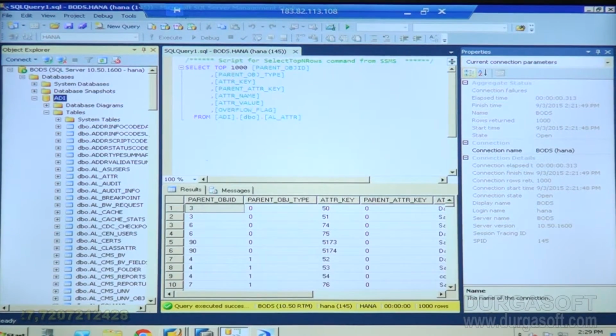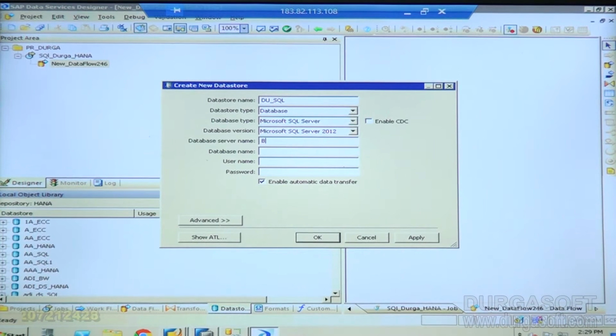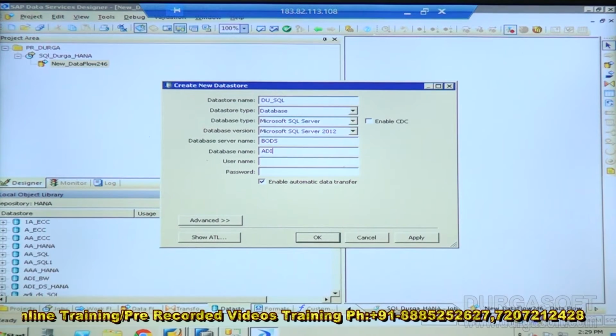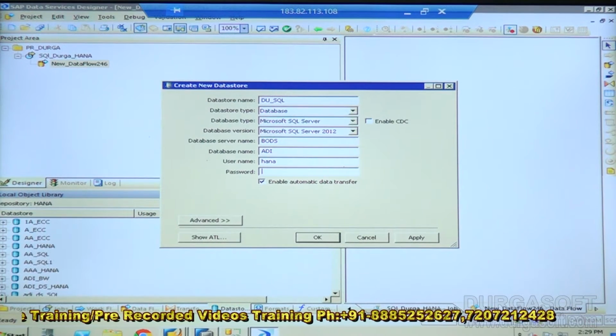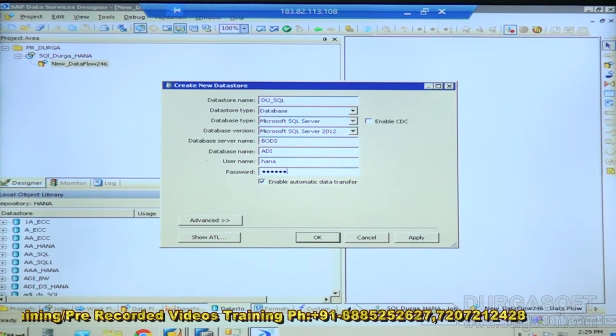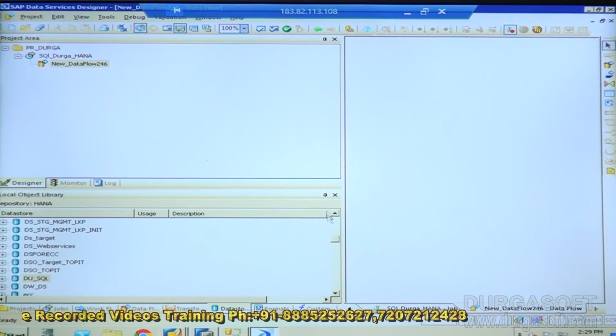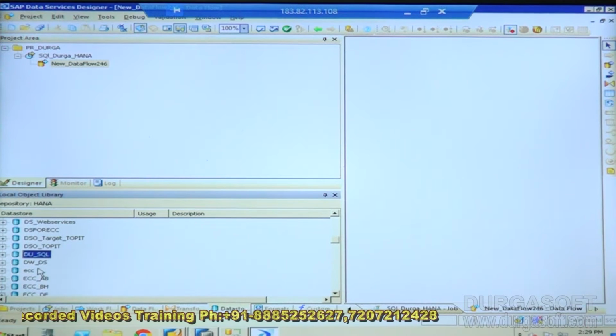So server name is BODS in my case. That's capital BODS, and the database name is ADI. Username is HANA. Enter the password. Once you enter the details here, just click OK. So we got this connected, it is done.